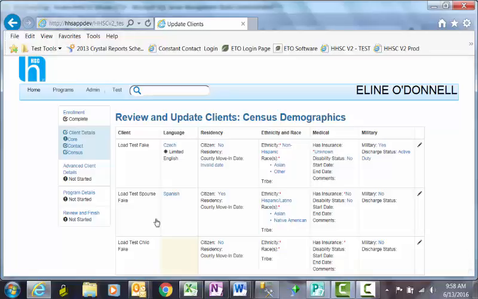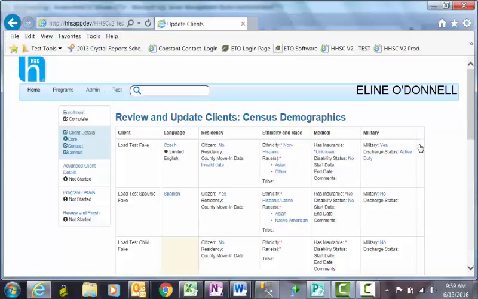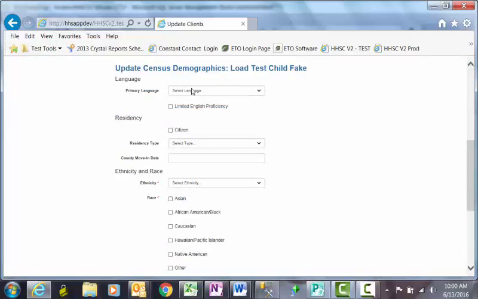This last set of data in the Client Details section is data that is commonly reported on, and for lack of a better word is grouped together as census data. Whenever you see the red asterisk by something, it means that it is required. These can be edited in the same way as the other demographics. Just click on the pencil at the end of the row of a client, fill in the data,